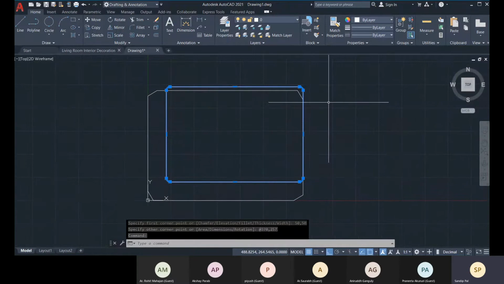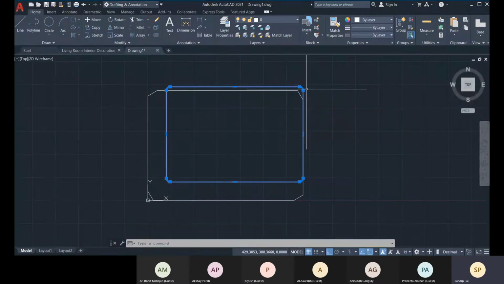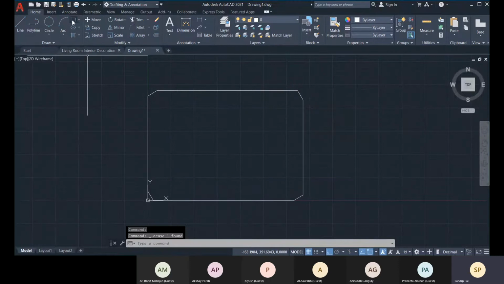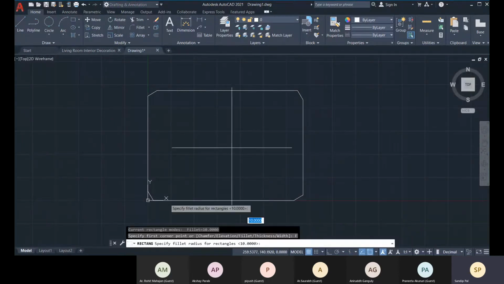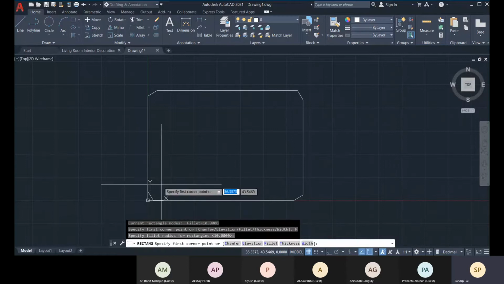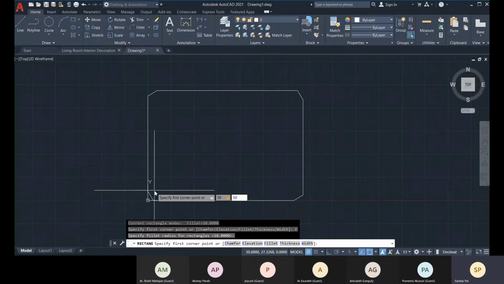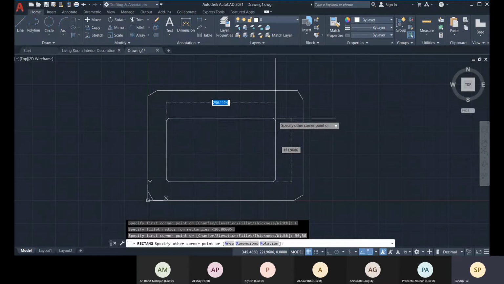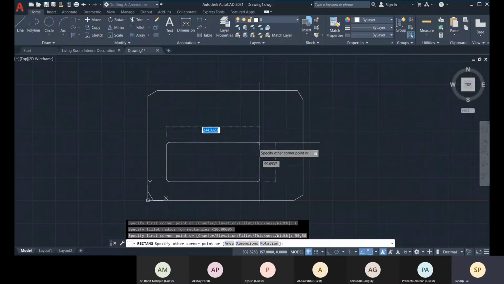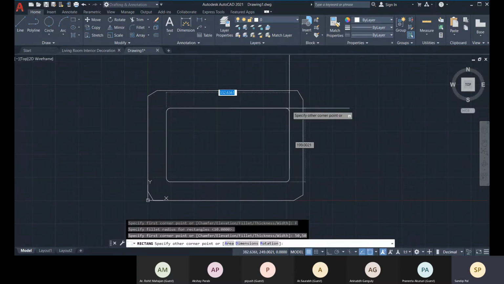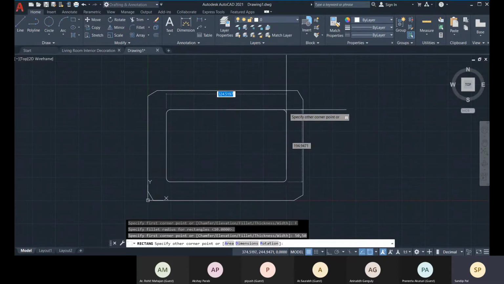So if you don't know the actual coordinates, how can you specify? That's why I made the mistake. So fillet, then go with that radius, and you know the first coordinate point, 50, 50, right? And now you probably know the length and the width, right?